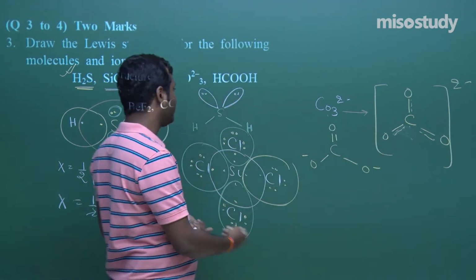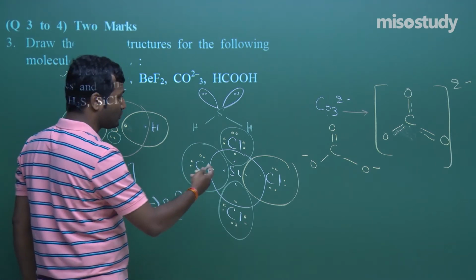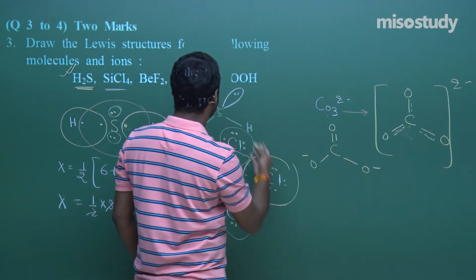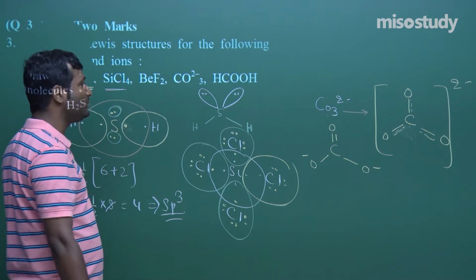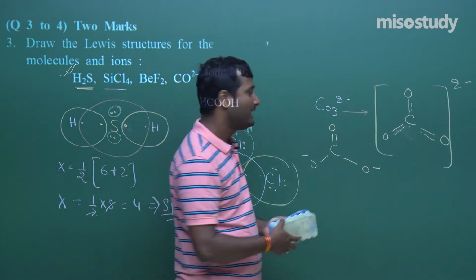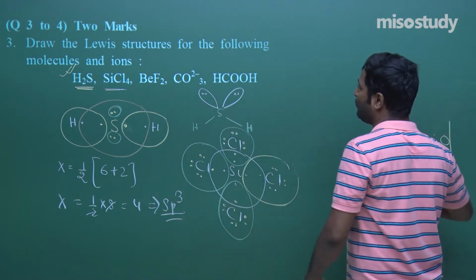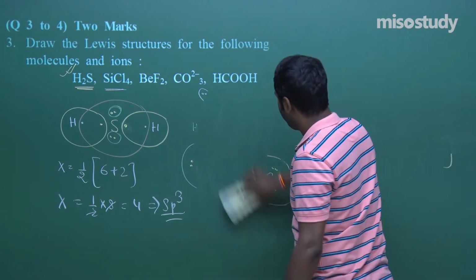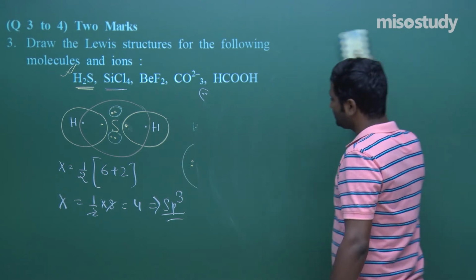So these are the things you can easily do, now you can show the lone pairs also. So this is the Lewis dot structure. Easily you can solve it during my lecture. I have discussed these things. Clear? Now I am going to rub this part and move to the next one. Wait for a moment, my friend.